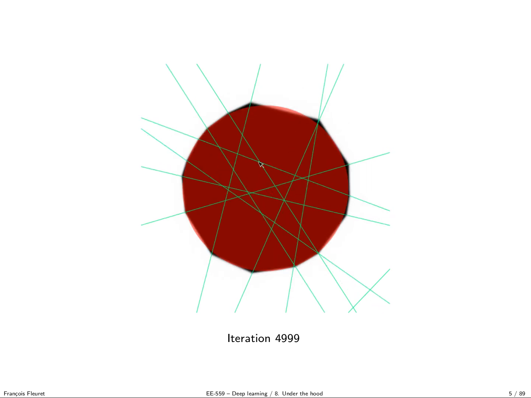In the end, the final decision is the thresholding of something which probably has the shape of a cone, which is the sum of a bunch of hyperplanes, the sum of ReLU-thresholded linear functions, where the zeros are those green lines. Those zeros correspond to the corners of the final decision.